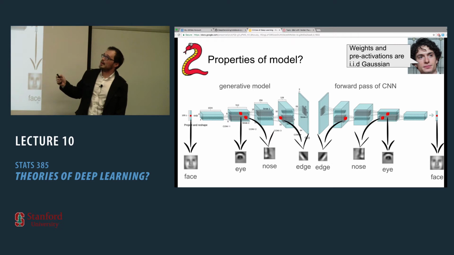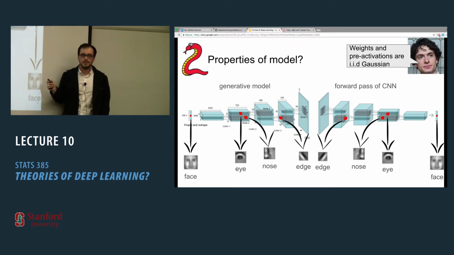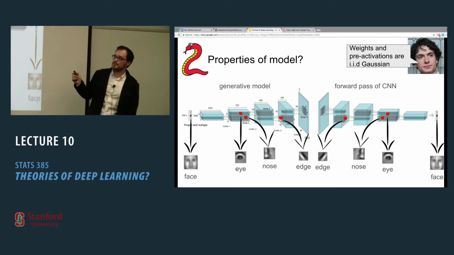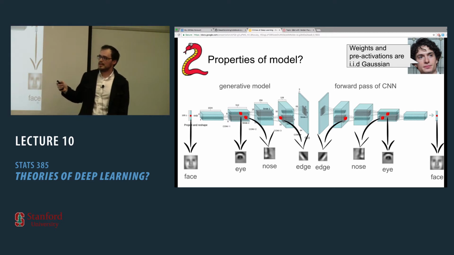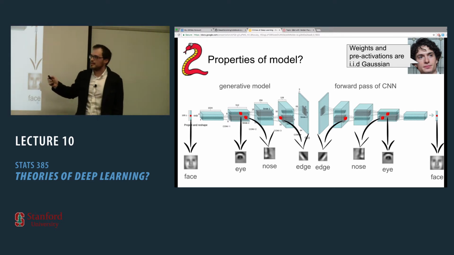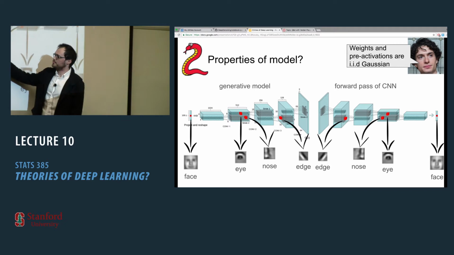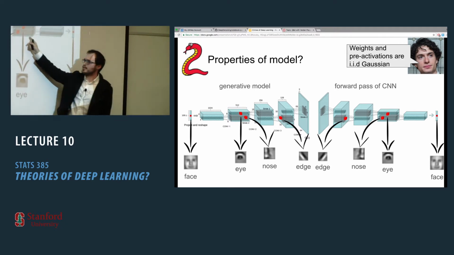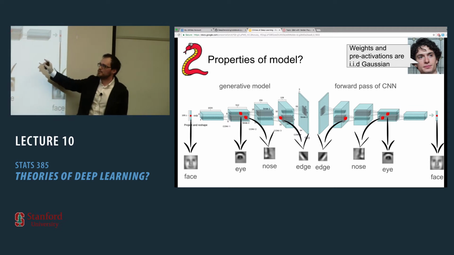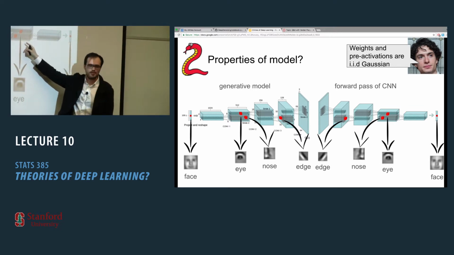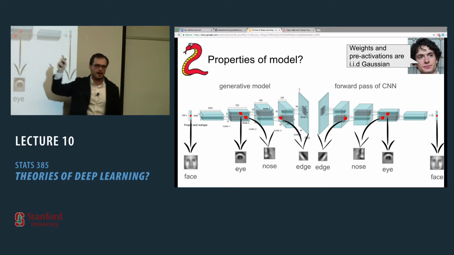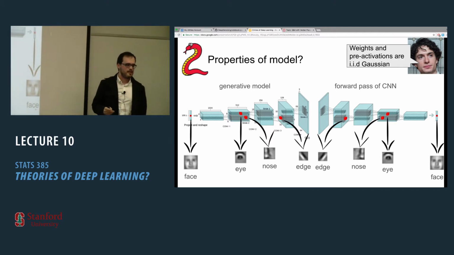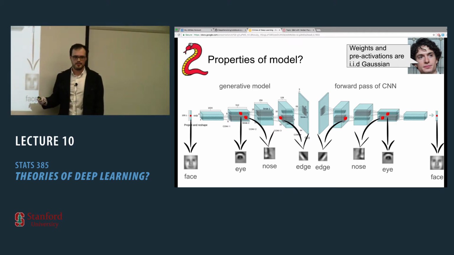Another idea that we've seen throughout the lectures is the idea of Jeffrey Pennington, where he talked about how you can actually analyze CNNs once you assume a certain distribution on these weights that you're convolving the inputs with. So if you assume that these weights are i.i.d. Gaussian, and if you assume that these places of non-zeros, which are depicted in red, are independent between the different layers, then suddenly you can claim different things.